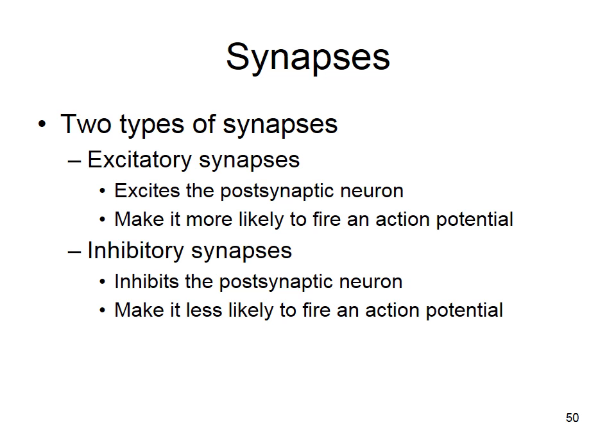Okay? Depolarizing graded potentials are going to make that postsynaptic cell more likely to fire an action potential because it's going to bring that postsynaptic cell closer to threshold. Inhibitory synapses, those hyperpolarizing graded potentials, are going to bring that postsynaptic neuron farther from threshold, so make it less likely to fire an action potential. So let's look at both types.